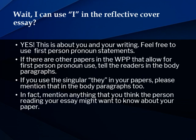your life. Many of us have heard that you should never use the word I in an academic paper. Well, reflective cover essays are very different. So, this is about you and your writing, but please feel free to use first-person pronouns in this paper. If there are other papers in the WPP that allow for first-person pronoun use, I would tell the readers that